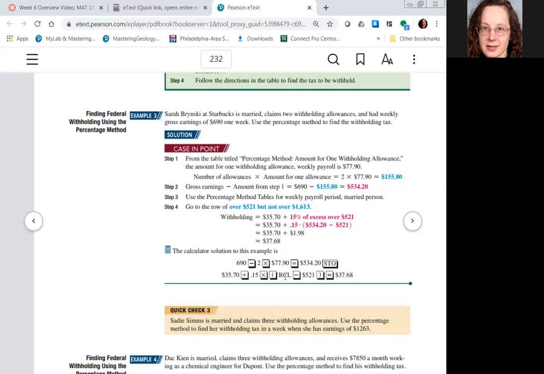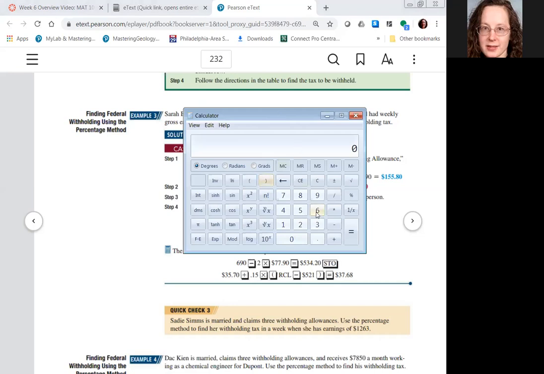And when you want to recall the memory, instead of RCL, it's going to be the MR or recall. So on the Windows calculator, 690 minus 2 times 77.9. Now that I have this number in display,